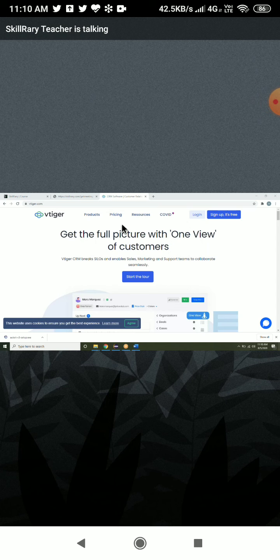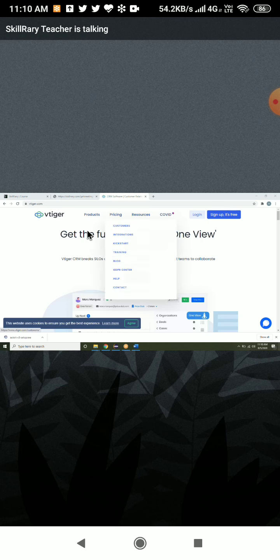How to move the mouse pointer from one location to the required location? This also comes under mouse actions only. What do you mean by moving your mouse pointer? In Selenium we call it move to element. Everything is an element in Selenium. Where do you want me to move?